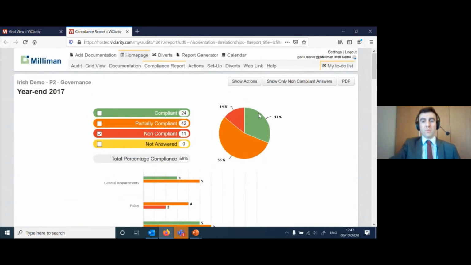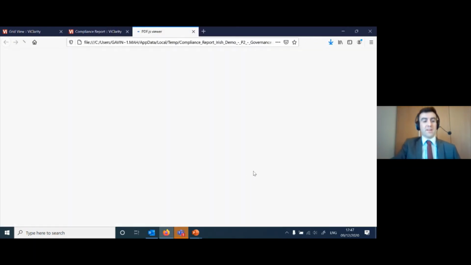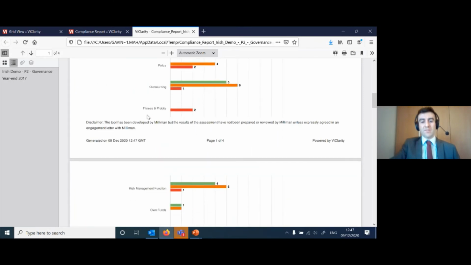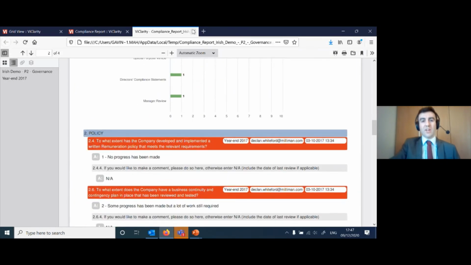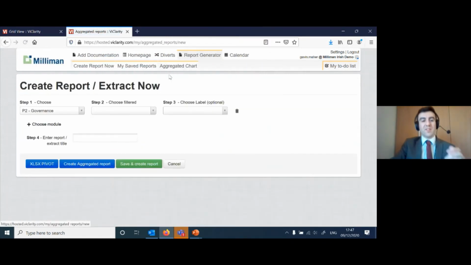So another useful bit of this reporting is to create a PDF. It's just this button here, and we've seen a lot of clients find this useful for putting it into a board pack, so that board members can sign off on their year-end Solvency II compliance certs. So if you just add this to a board pack, it's got all the detail you need there, and you can customize it as you want. So that's just a report for, say, one set of answers, but you can combine things in here.